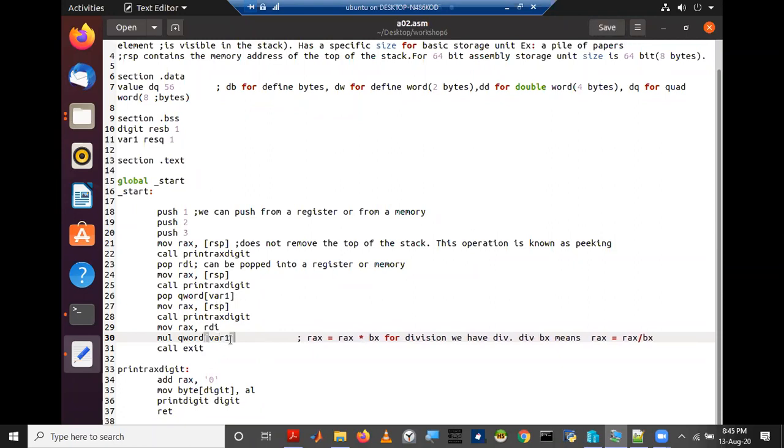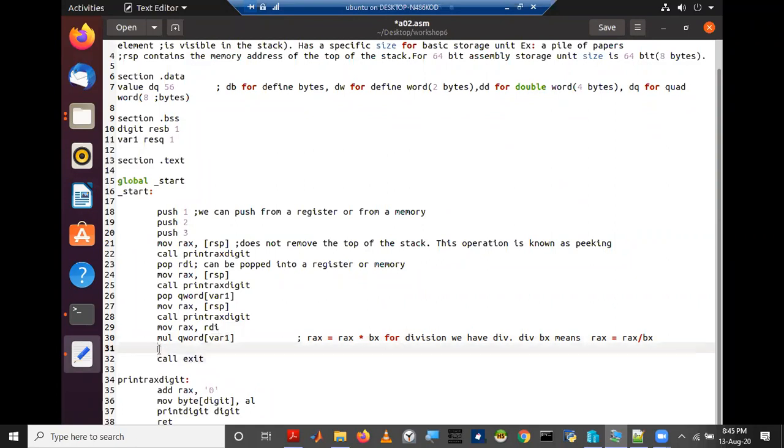What will this do? This will multiply variable 1 with RAX. What is there in RAX? RAX is RDI. So variable 1 will be multiplied by RDI and the value will be stored in RAX.